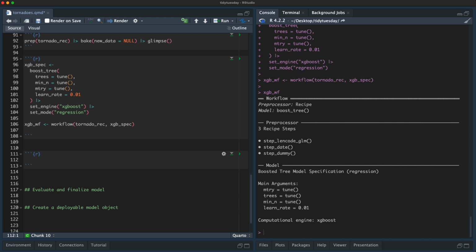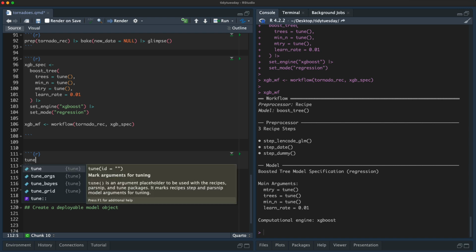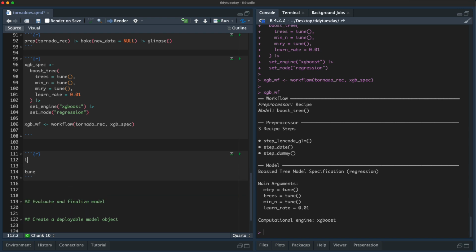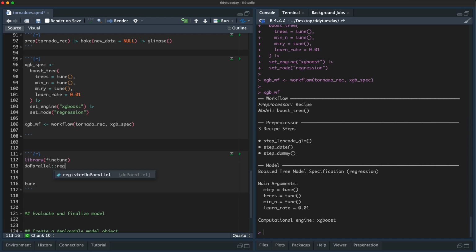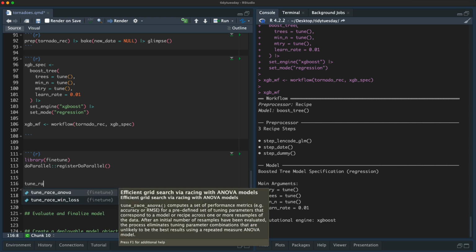Okay, so I am going to tune this. You know what I'm going to do? I am going to use racing, because the thing about xgboost is that you don't really know what these should be, but often some of them turn out really bad right away. It's like, oh, this one's clearly terrible. So we can use one of these racing methods.